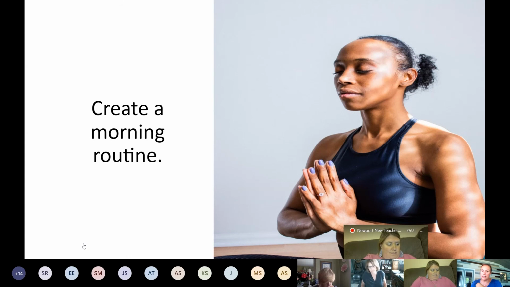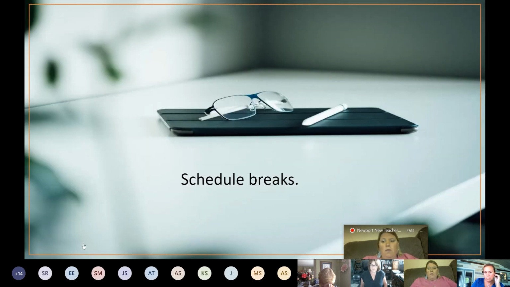One is a very small thing like this. Maybe you do have 5 extra minutes in the morning that you didn't have before. How are you going to use it to set up for a positive day? So if you're into meditation, if you need to take a stretch, if you need to walk down the hall and have a cup of coffee with your neighbor before you start the day. But think about your morning routines.